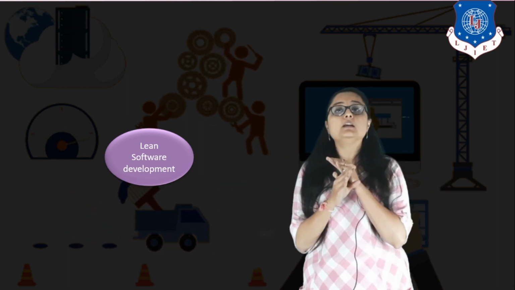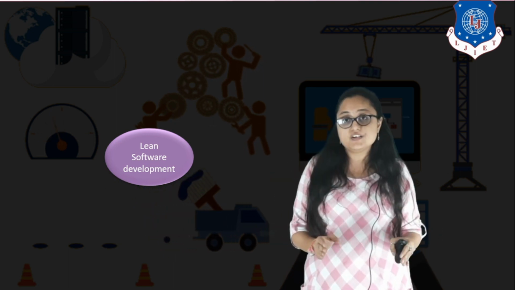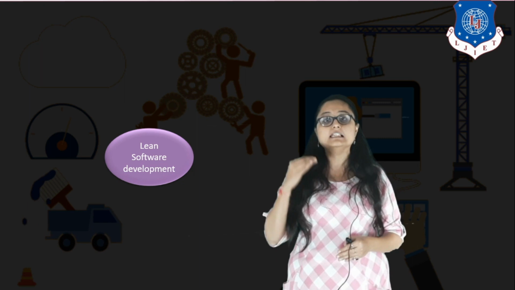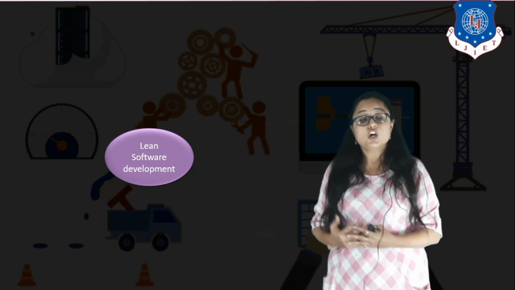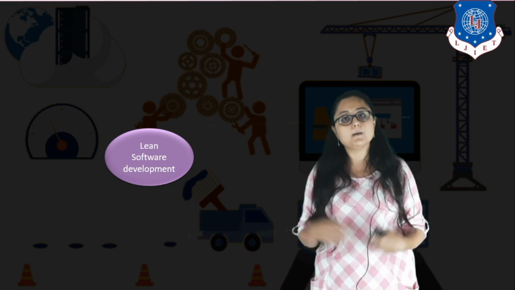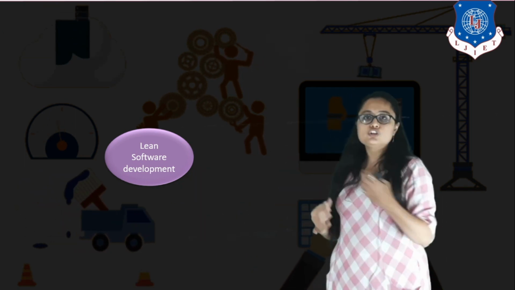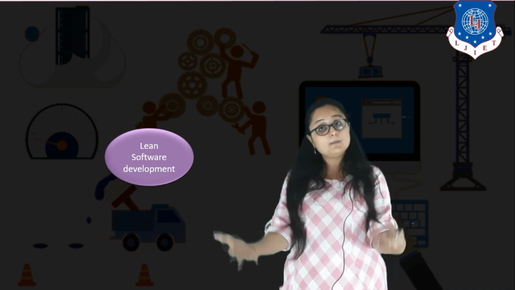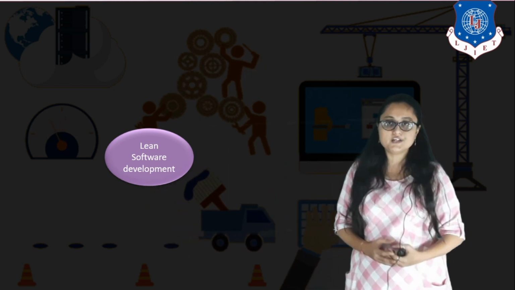You have to eliminate all such type of waste, and if you are eliminating the waste, then it is known as lean development, right? So this was actually developed by Toyota. After that, all the car manufacturing companies took inspiration from Toyota, and they are also following this lean development. From the car development, it came to other hardware, and from other hardware, it ultimately came to our software industry,